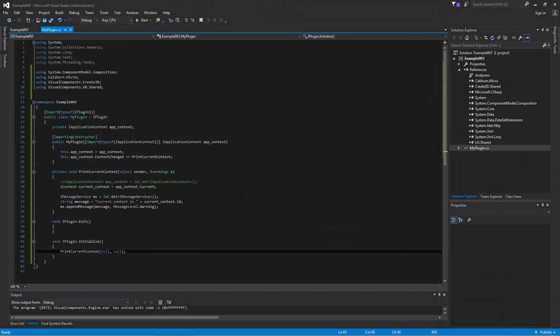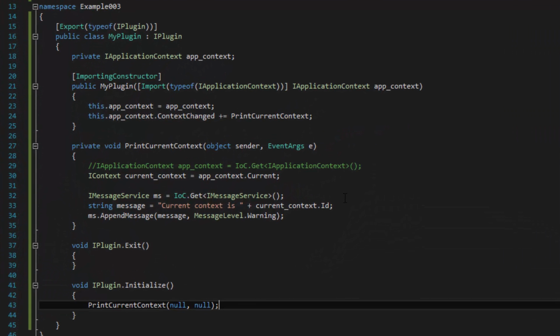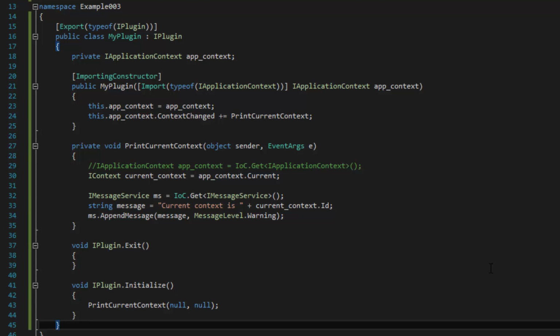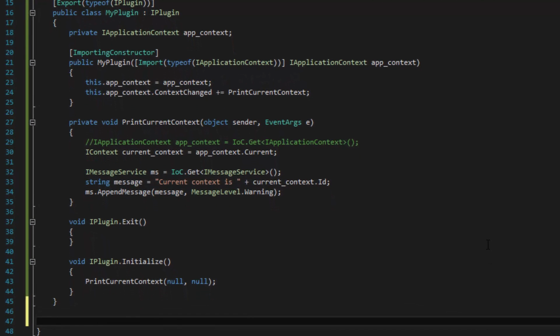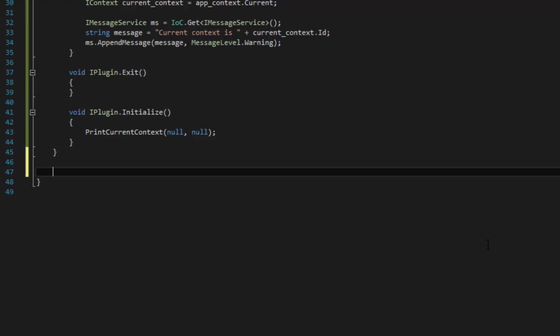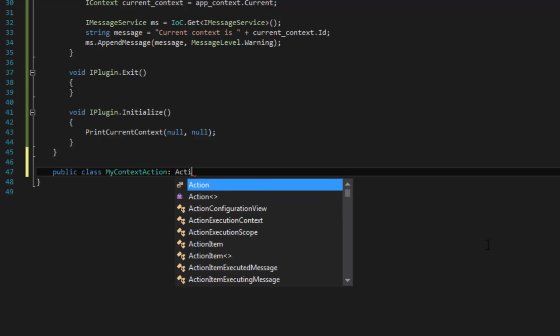Now in some cases you may want to reuse this code and call it many times, either in your Python script or in another plugin. So what we can do is we can create an action for what we did here for the context. To do that, let's go and add another class that we implement as an action. So let's create some white space here and scroll down. And I'll type public class, and this is going to be my context action. That's what I'll name the class. Remember, this needs to derive from action item.